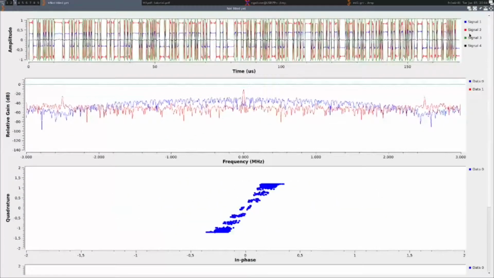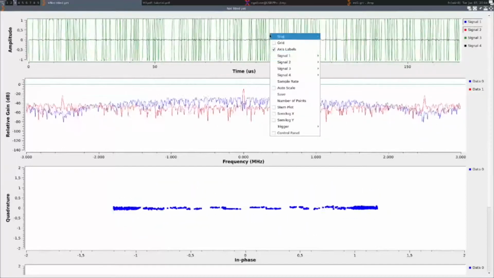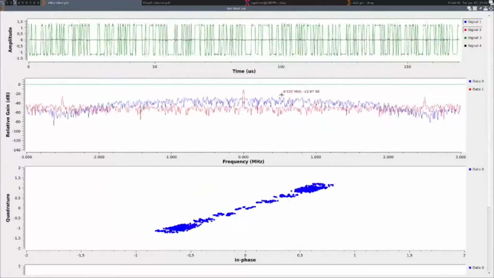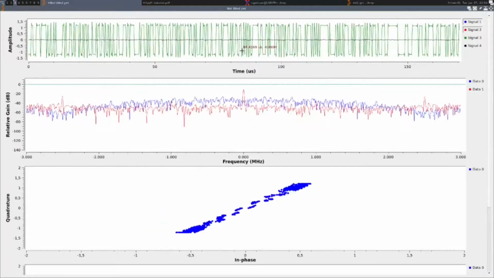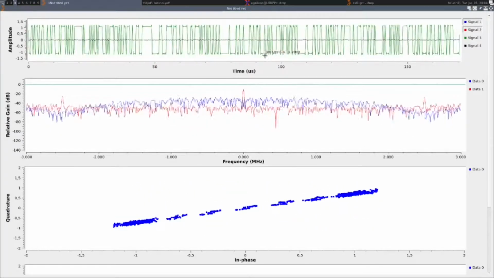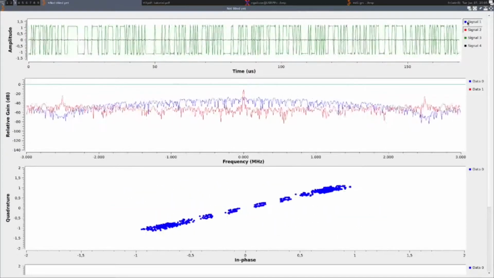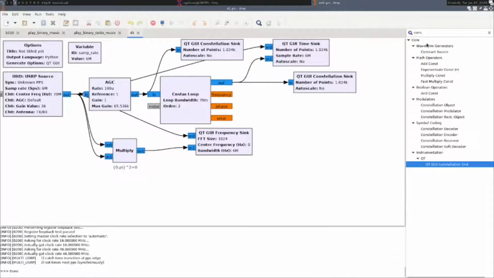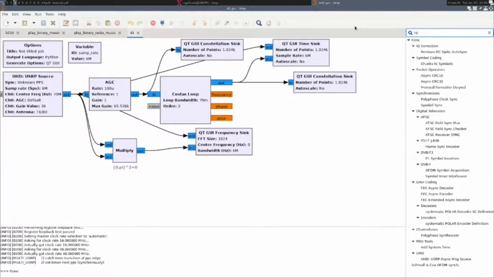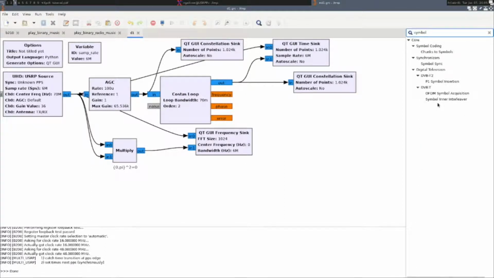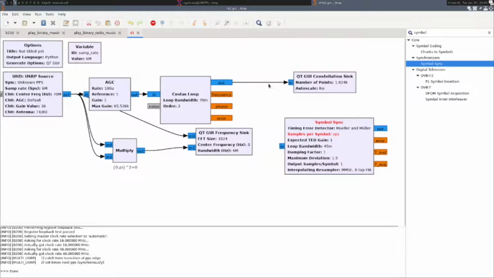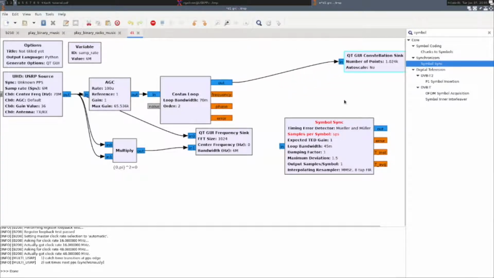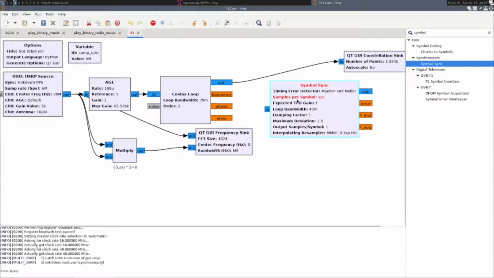That's because if we look here at the possible phase states, we have not only the stable states at ±1, but we also have all the transitions. So we need to lock not only on the carrier, but we also need to lock on the bit rate, and this is taken care of by the symbol synchronizer. So here is the symbol sync, so let's get rid of a few of these guys over here. Now we're convinced over here, and if we now look at what the symbol synchronization is doing,